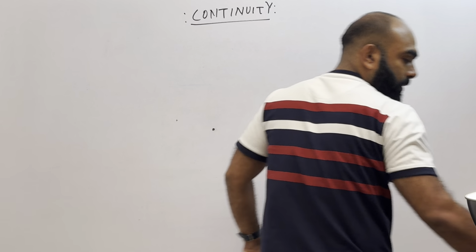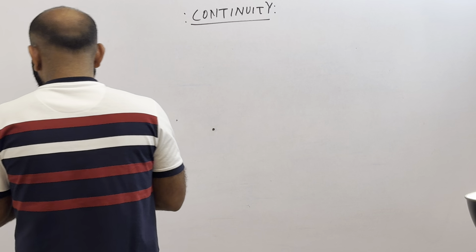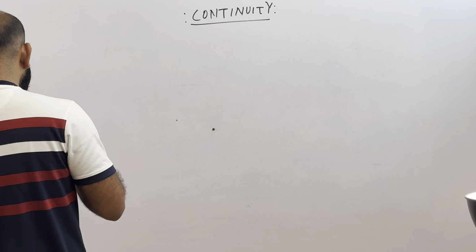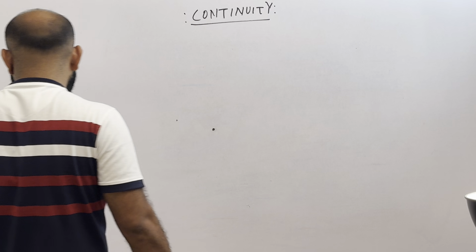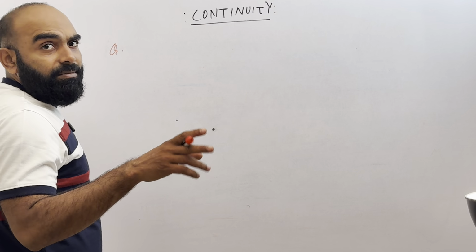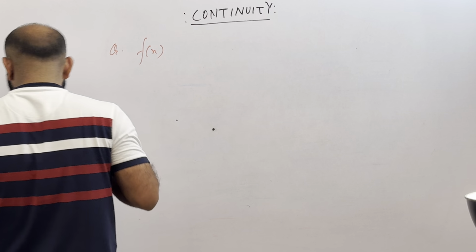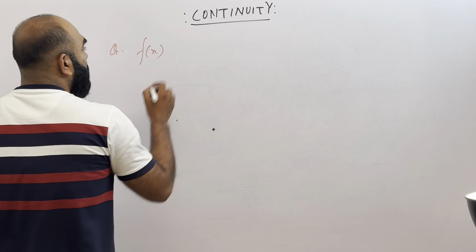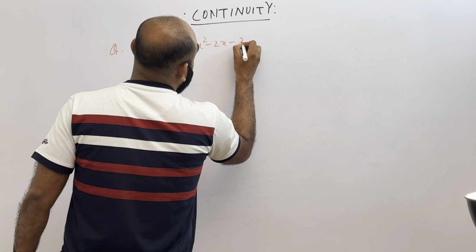Okay. Go for one more question. So what is that question? You can see, very easy problem. They are interested in finding the value of lambda. I'm just writing the question. f of x is written as x square minus 2x minus 3,